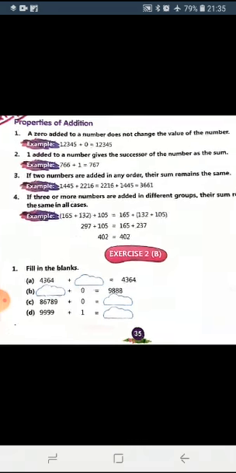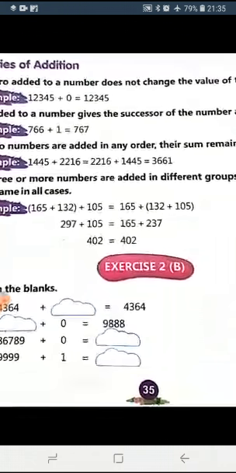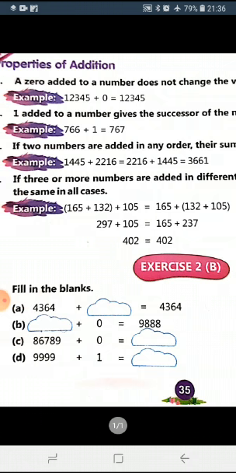Same here again, an example is given. First, you can think of a simple example yourself. Suppose I have 10. And if you add 1 to 10, what is 10 plus 1? Yes, it is 11. And you know that 11 is the successor, the number that comes after 10. Okay, so in the same way, here let us take the example given in your book. When 766 is added to 1, you get 767 as the answer. And we know that 767 is the successor of 766, right? Okay, so these two properties are simple.